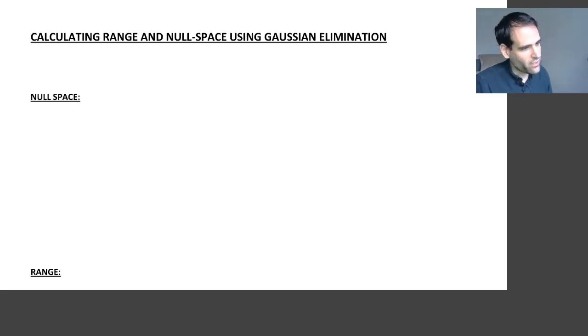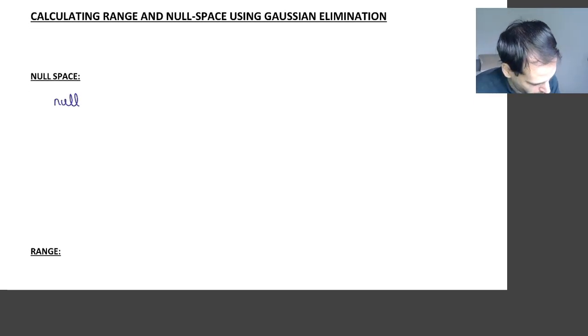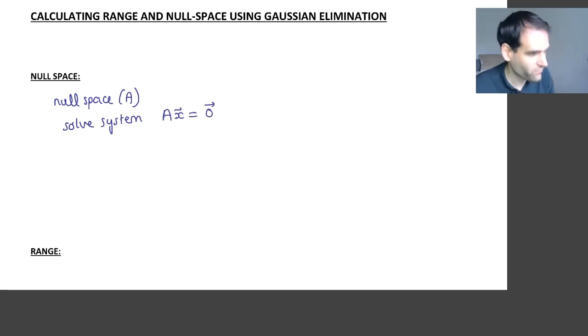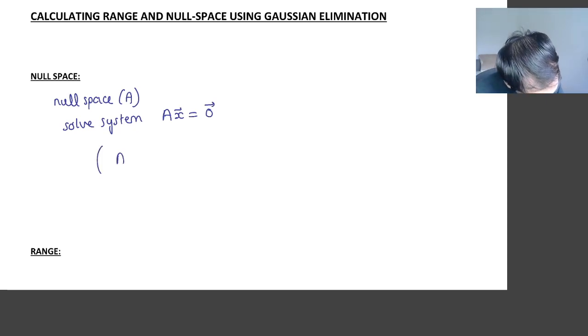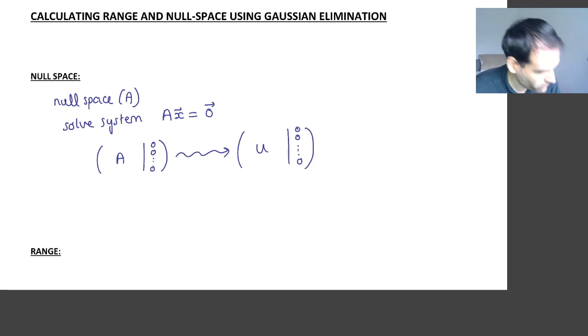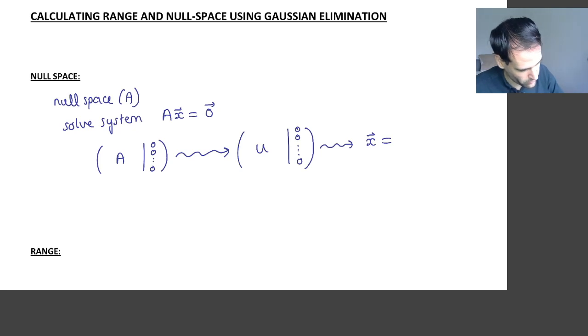So to calculate the null space of a matrix A, remember that you had to solve the system A times X equals 0. That's exactly what you can do using Gaussian elimination. You write your augmented matrix with all the elements of A and then zeros. You do the Gaussian steps and get to the row echelon form with zeros, and then you solve for X, and what you get is that some of the columns of U don't have pivots,